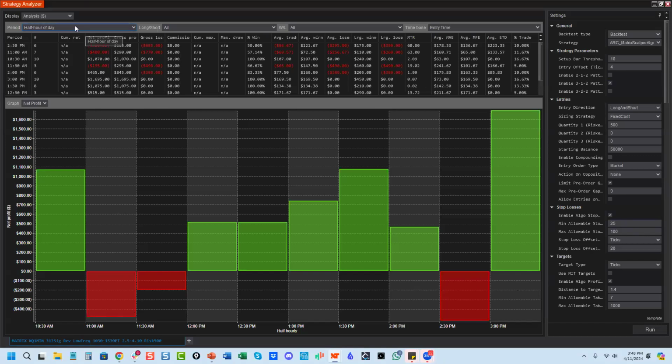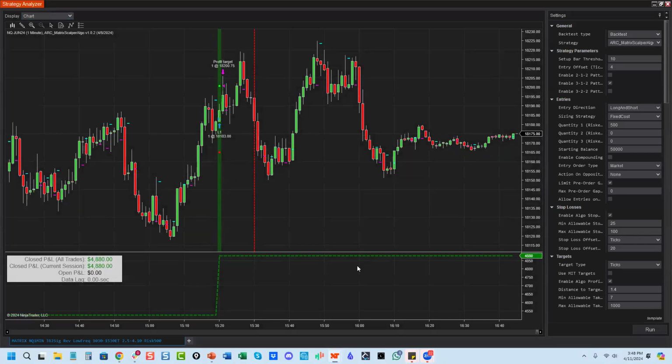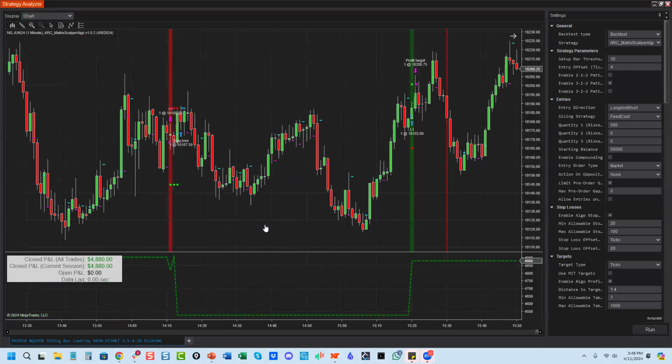You see here's the signal. And this is essentially hour of the day, right? Most of your trading, it even trades well in the afternoon too, which is interesting. This template went well into the afternoon. Let's go into the chart here for a second and you're going to see. Let's just take a look at this for a second.